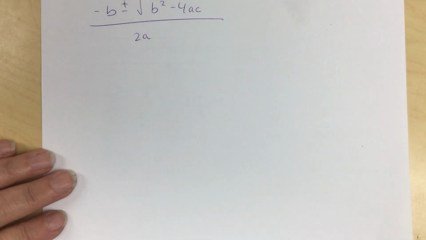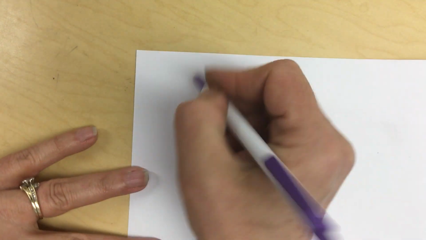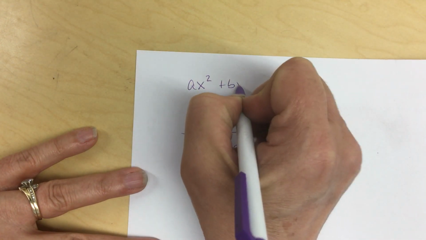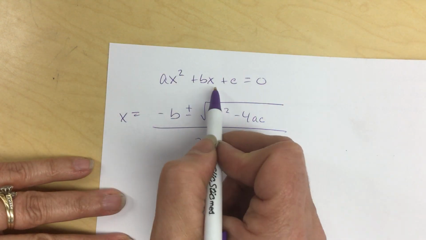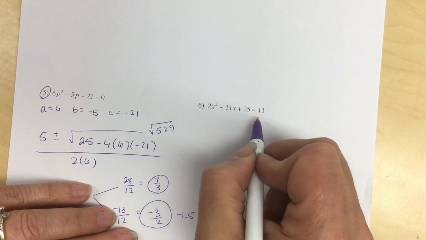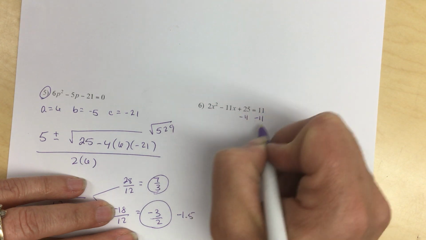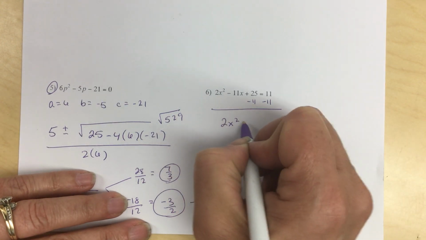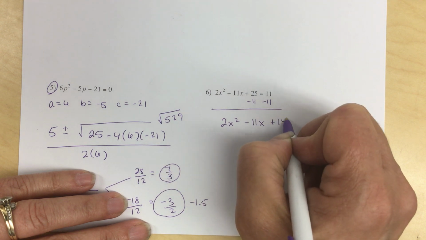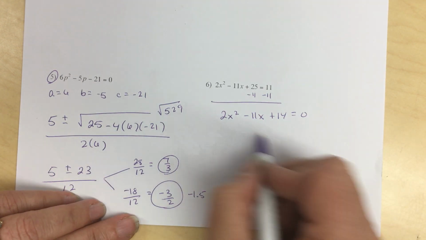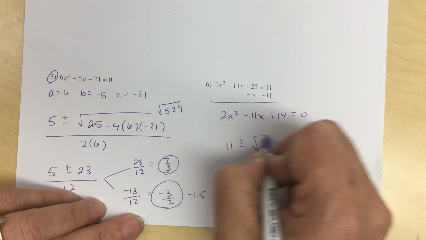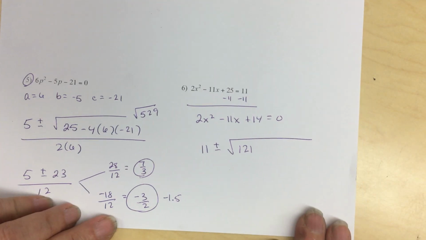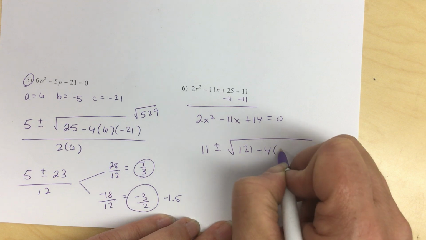The formula only works if you start with ax squared plus bx plus c equals 0. This is the answer for x when this formula equals 0. So if it doesn't equal 0, you have to subtract it over and make it equal 0. So subtract 11 from both sides, and you get 2x squared minus 11x plus 14 equals 0. So when you go to do the formula, you have negative b, so positive 11, plus or minus radical b squared, because 11 squared is 121, minus 4ac